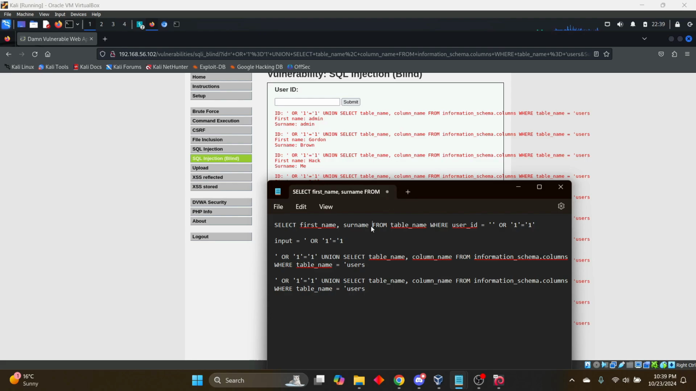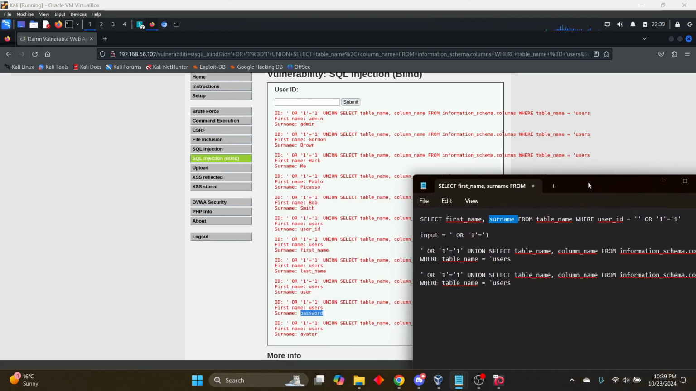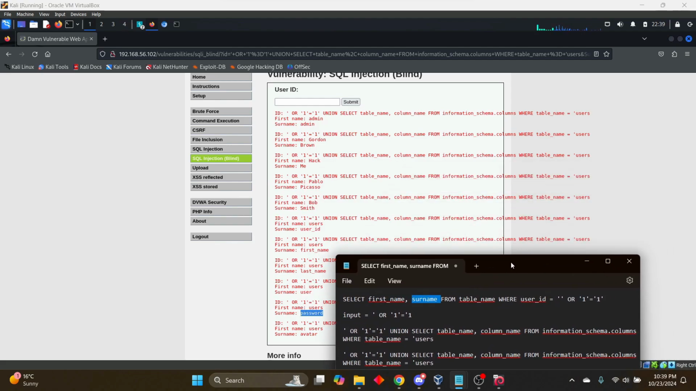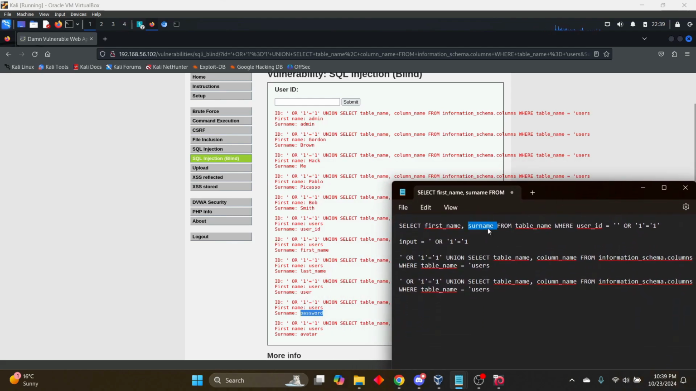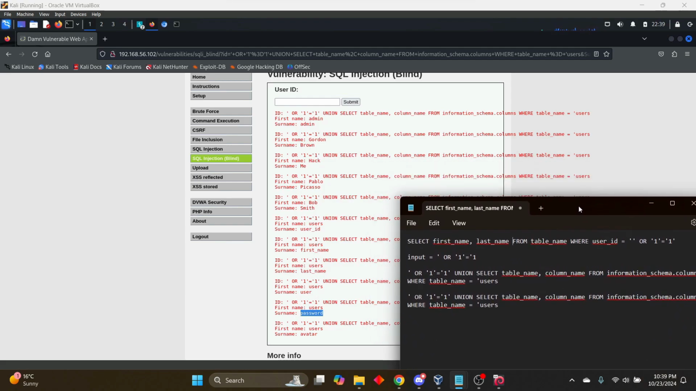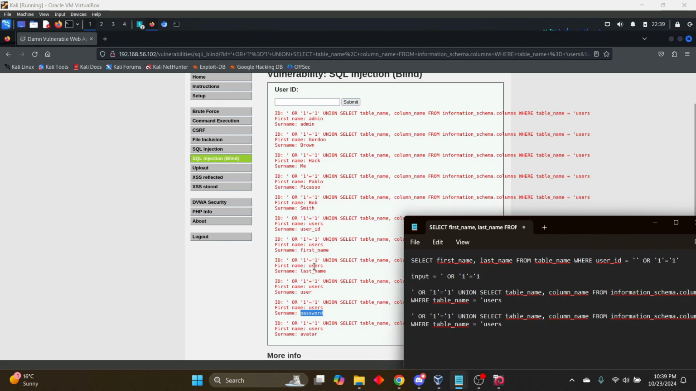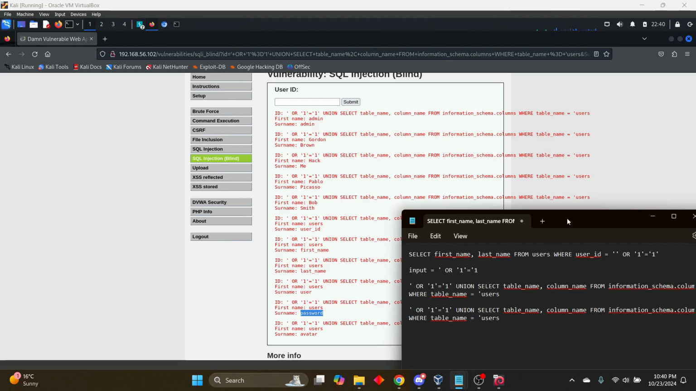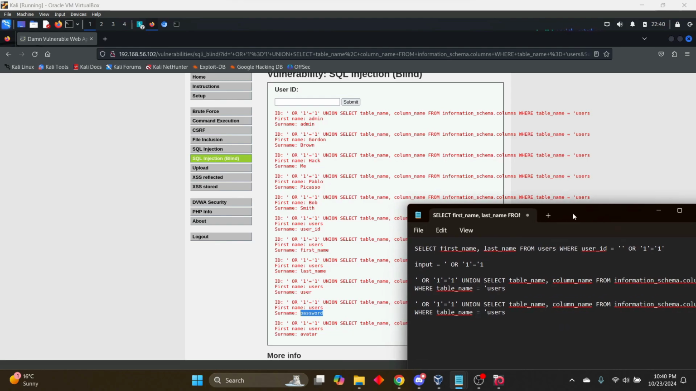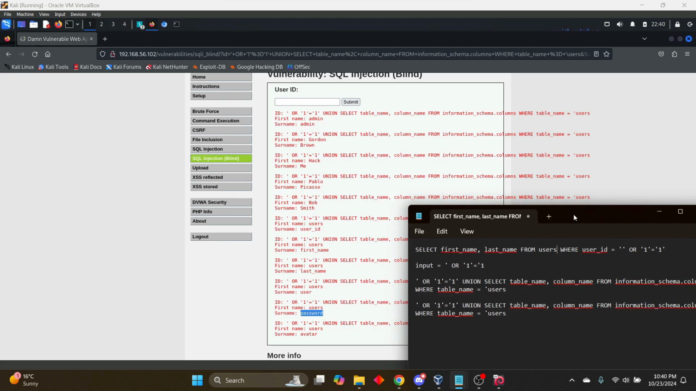Oh, and by the way, I might want to update this instead of first name. It turns out it was, what was that? Was it last name? Yeah, it was last name. And the table name. Oh yeah, the table name is users. Right. I almost missed that. So the table name is users. And then now what I want to do is I want to get, let's say, the first name and